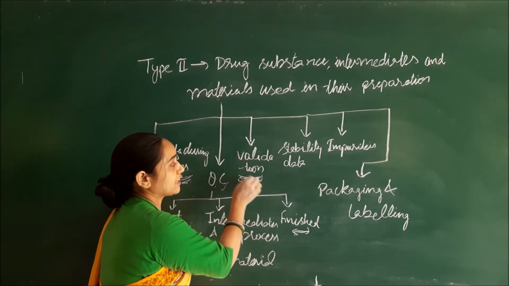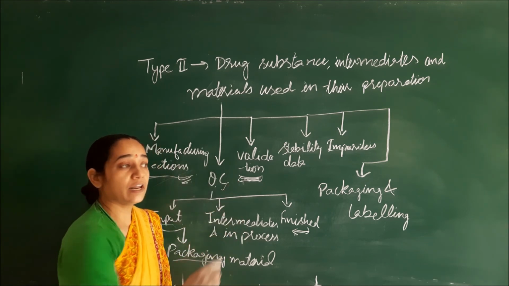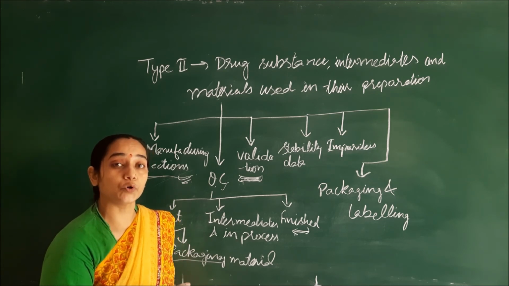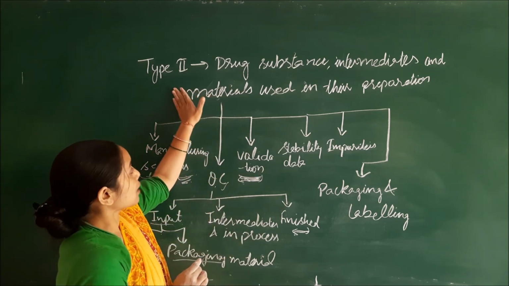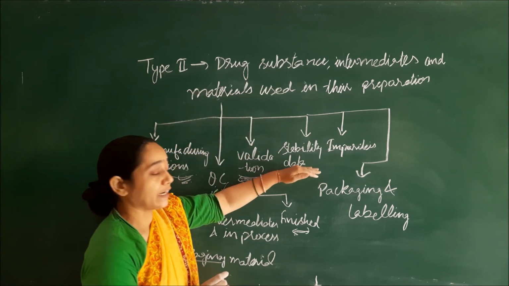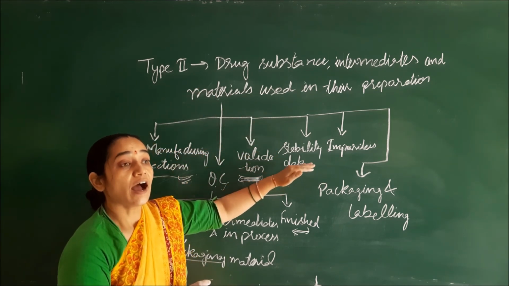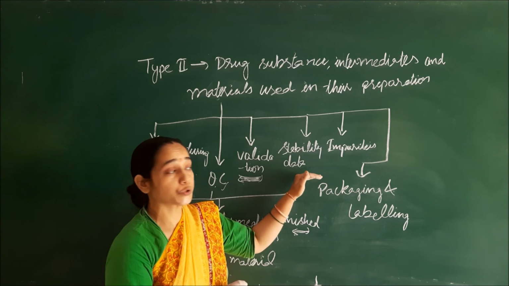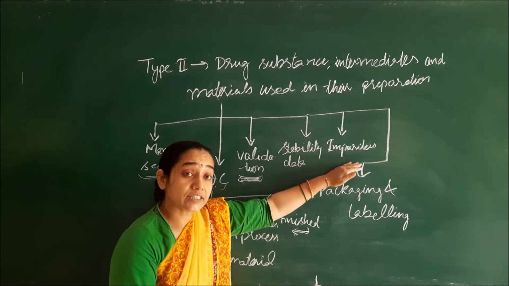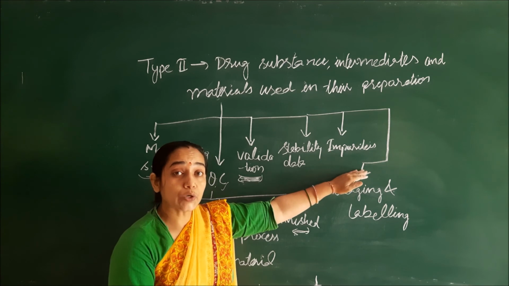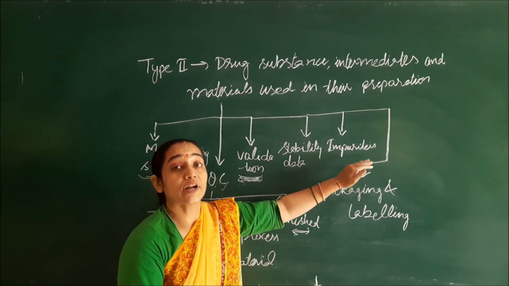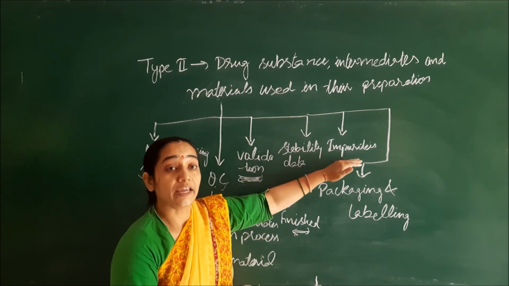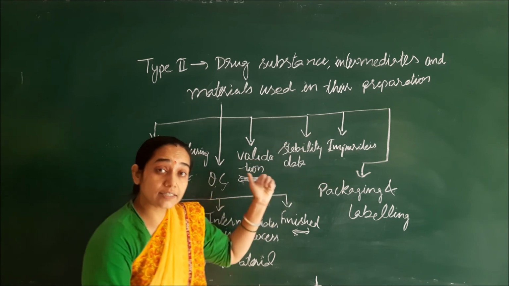Means the heading where the validation of all these things will be written, it should be justified that these are the control conditions under which we can achieve reproducible results. Now, this type 2 drug master file will also contain the information about the stability. Means under which condition our product will remain stable, for how long, and how it should be stored. And this drug master file 2 will also contain all the information about the different kinds of impurities and in what amount they are present in the system. It will be explained in this heading.